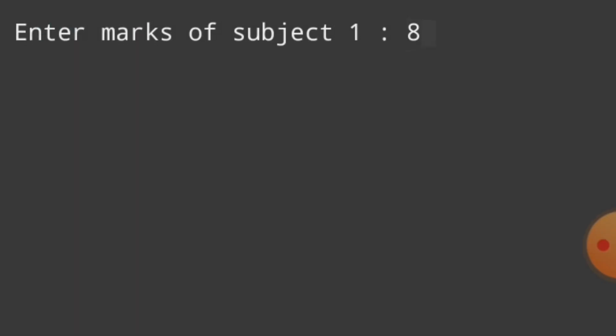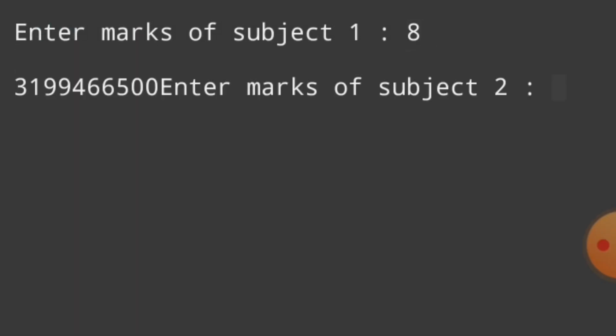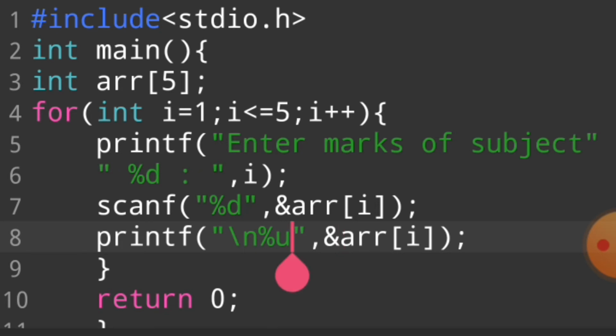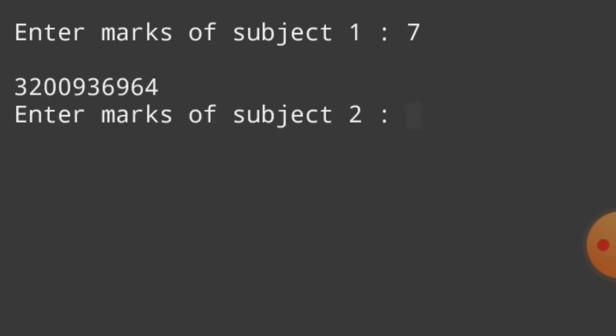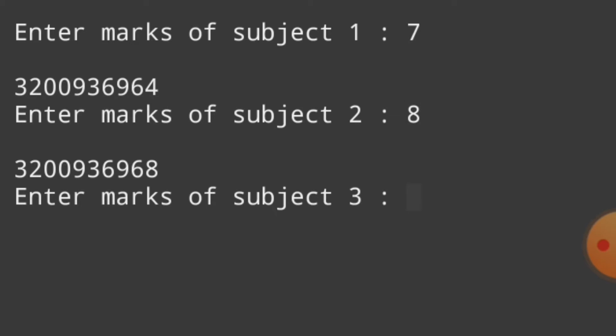Enter marks of subject 1, for example 8, and the address of this variable is printed. I use a new line escape sequence here, because presentation is the most important thing guys. So the address of this value is printed.